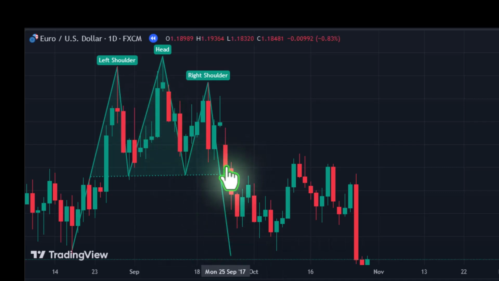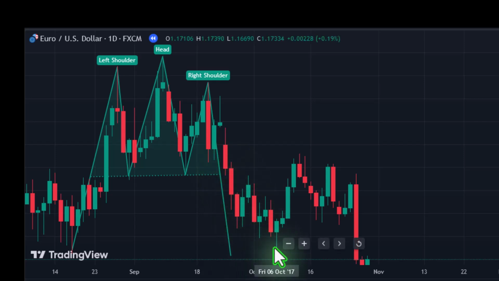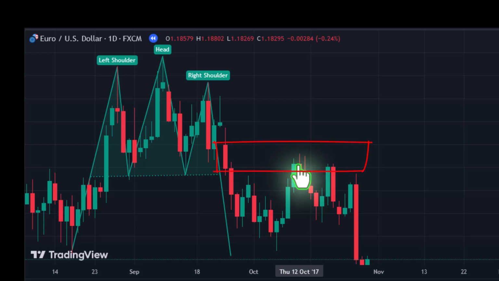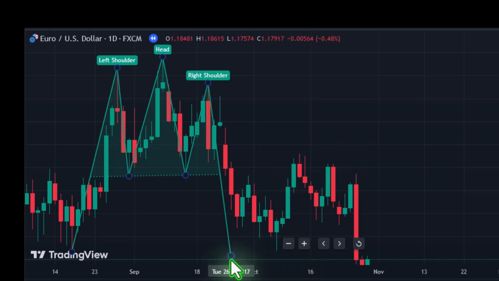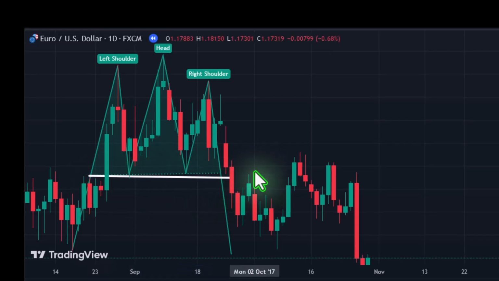After the entry here, you see price came down, retraced and came back to test the entry point, which is the neckline. So if someone failed to enter here and entered at this point, it would have still been a great trade, because after this, price came all the way to test where we ought to put our target. So if we are entering this kind of trade, we enter at the neckline, we enter here,